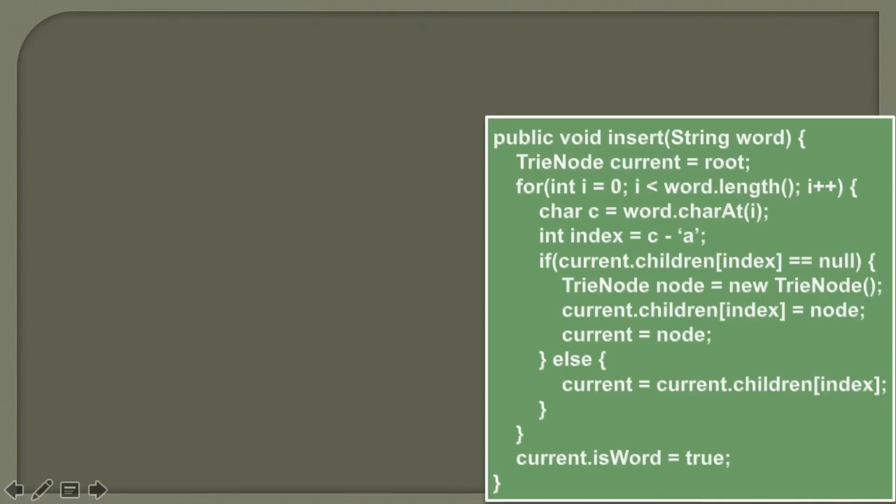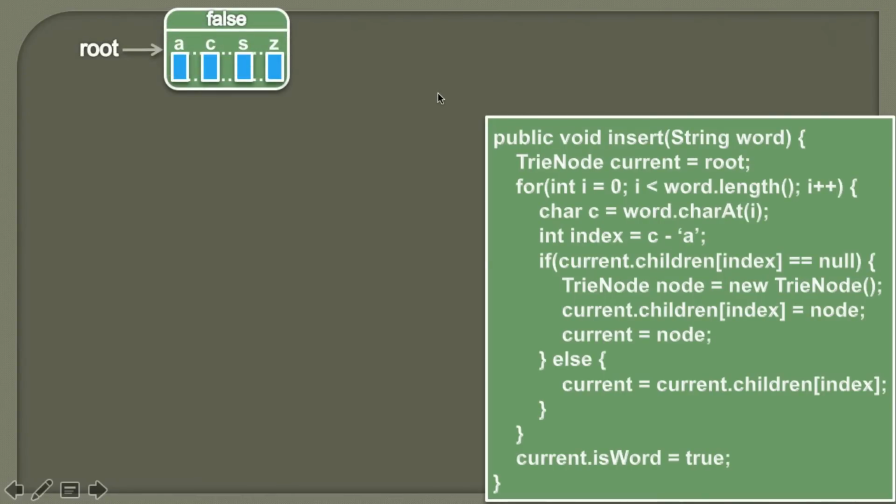Friends, in our previous tutorial we actually saw a demo of how to insert a word in try by seeing the different use cases. So friends, in this tutorial we'll actually see the working of this algorithm step by step. Below you can see the code to insert a word into a try. So let's see its demonstration step by step.